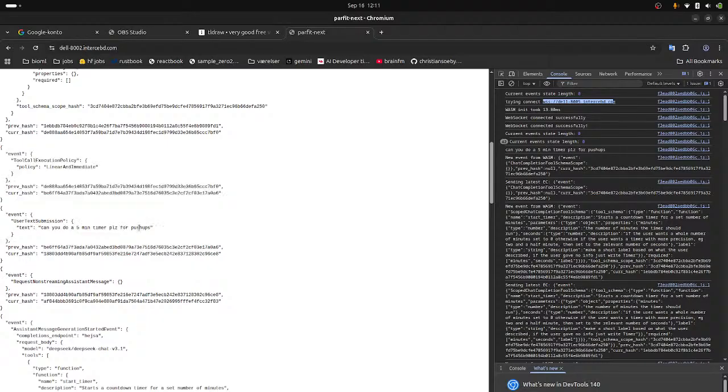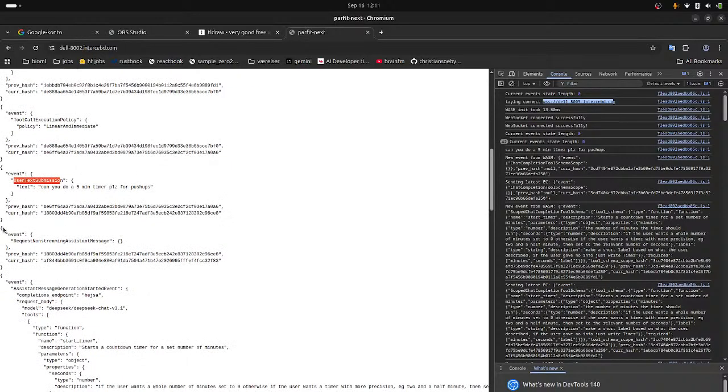"Can you do a 5-minute time, please?" As a specific type of event. This is a green thing. It's a user text submission. And what will the server do? Well, it will just wait